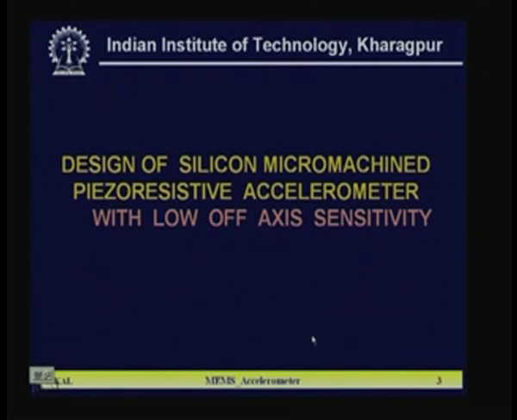Now, we are going to design a silicon micromachined piezoresistive accelerometer with low off axis sensitivity. What off axis sensitivity is, I discussed in earlier classes, and low off axis means how much low. Particularly in the case of aircraft motion sensing or avionics, if it is a one axis accelerometer, the off axis sensitivity should be extremely low, and that should be at least third order low. So, sensitivity